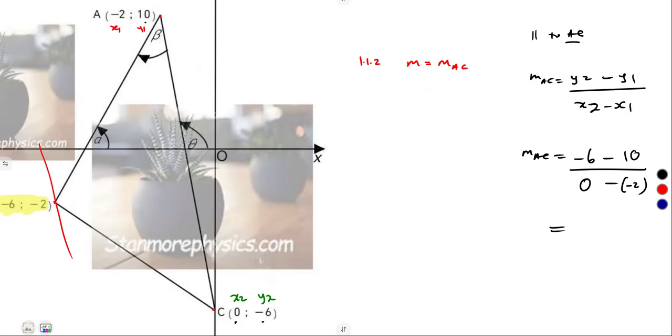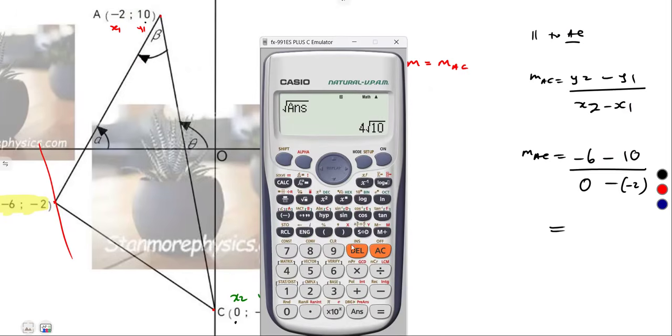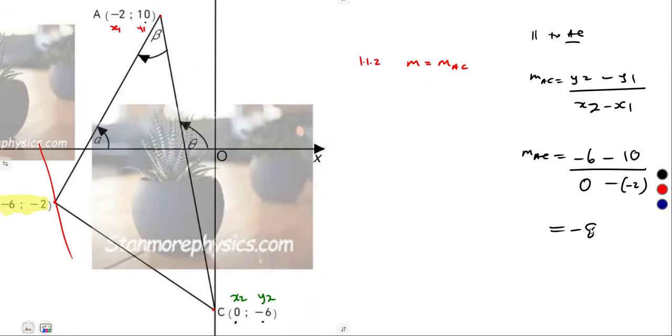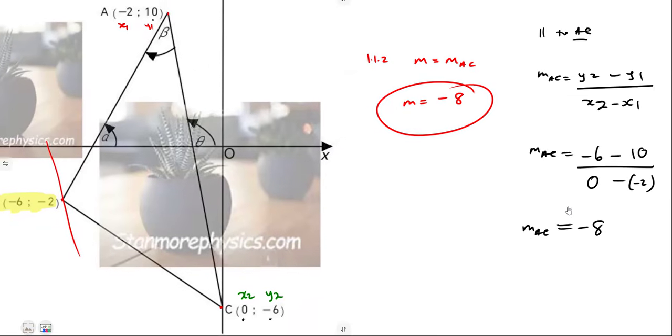So we can simplify this and obtain the gradient of what? The gradient of AC. Minus 6 minus 10 over 0 minus 2, all right? That's a negative 2 like this. And that was going to give us what? Negative 8. As the gradient of AC, it is the same as the gradient of the line that we are focusing with, since they are parallel. So having the gradient, we can determine the equation of the line, since we are told